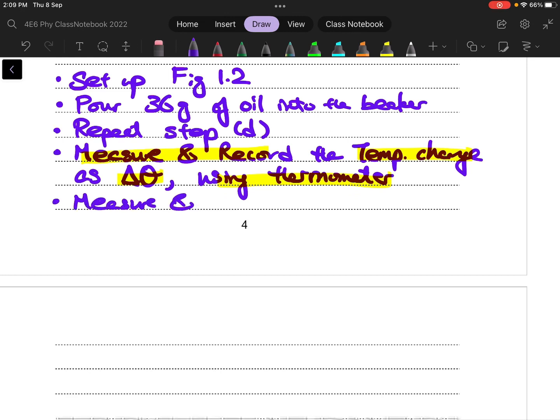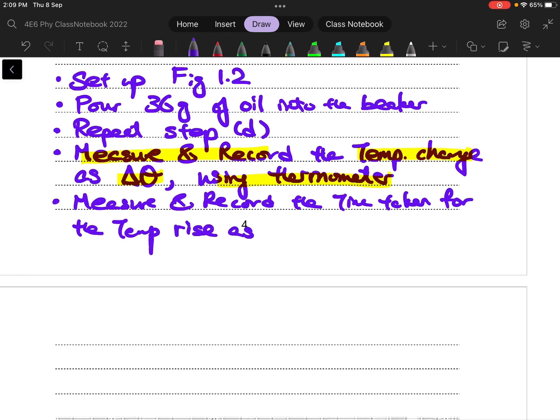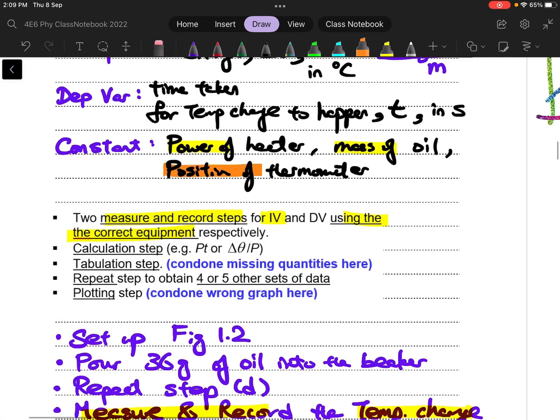So after I heat it up, I also need to measure and record the time taken for the temperature rise as T using stopwatch. So once I have that, I will have the measure and record statement for my dependent variable. I've included the symbol and using what equipment. So I have done this,